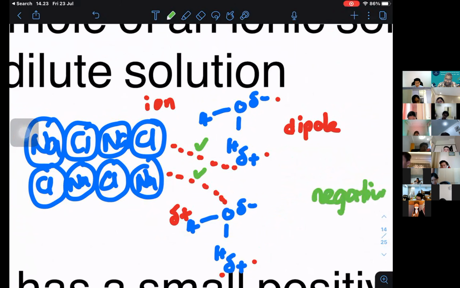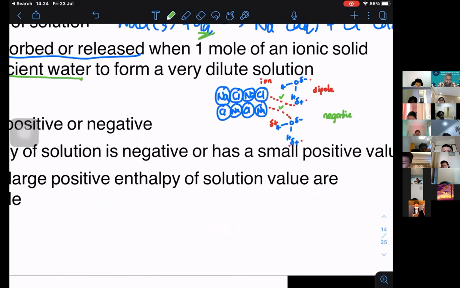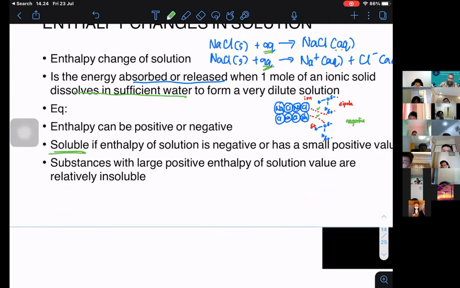So if there is bond forming, and it is negative, it means that they are saying bye-bye to each other. No more NaCl, I'm just following water. But if your value is not negative, it means that they cannot say bye-bye to their ionic form. They have to stay. They do not form bonds enough with water, so they don't dissolve. So that is why we can explain over here, it is soluble if the enthalpy change of solution is negative,